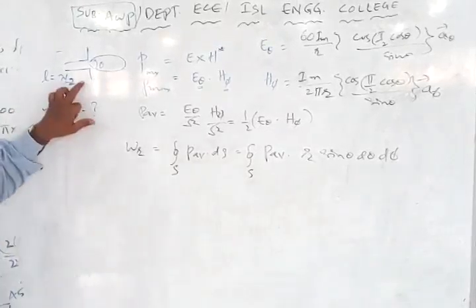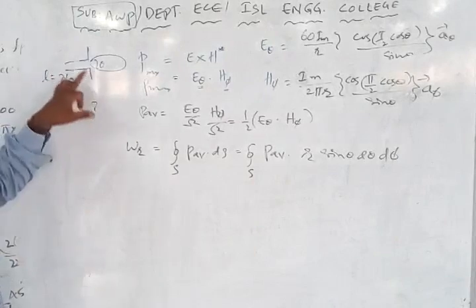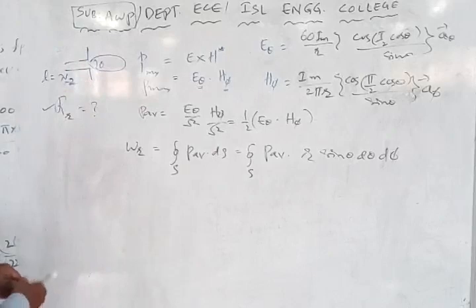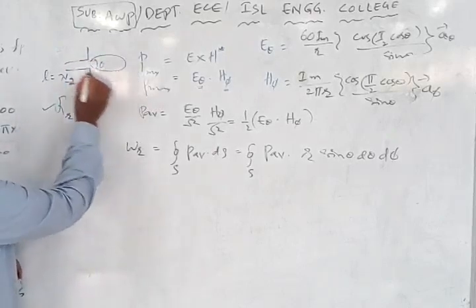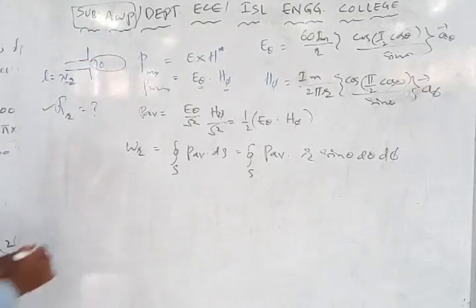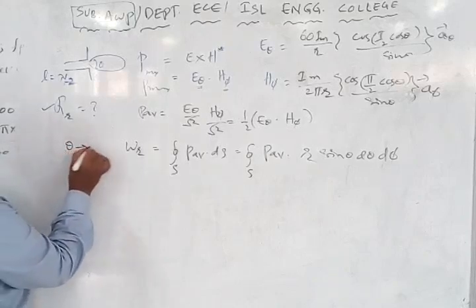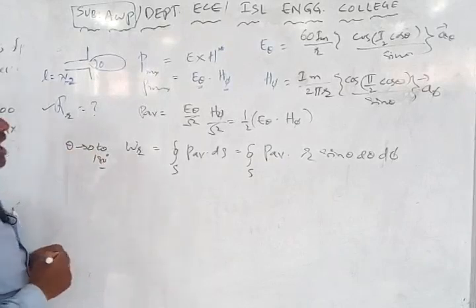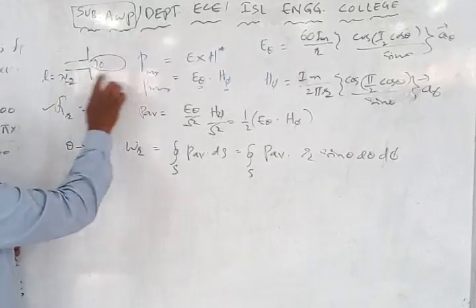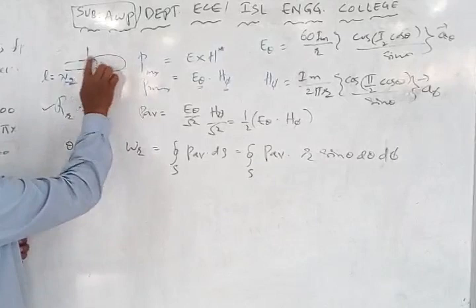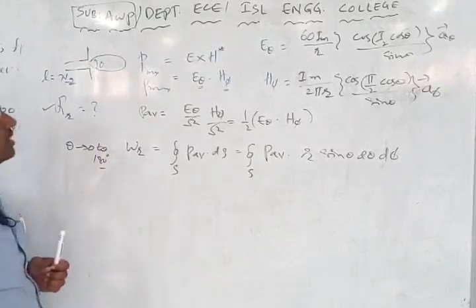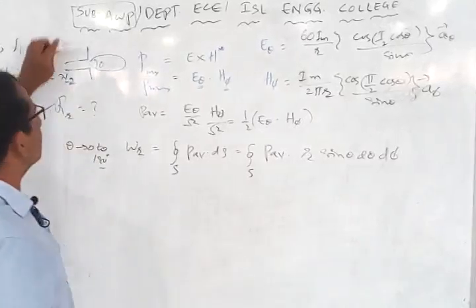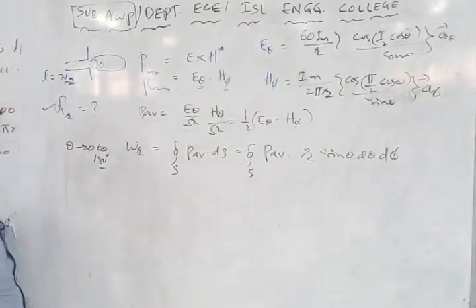What is a dipole antenna? Dipole antenna construction is something like this. It is going to have 2 poles, one positive and one negative, and the antenna is going to radiate if theta is a variable component. We know that theta varies between 0 to 180 degrees. As the radiation, with some directivity, varies with respect to theta, we consider theta as a variable component here for getting the radiation resistance of an antenna.